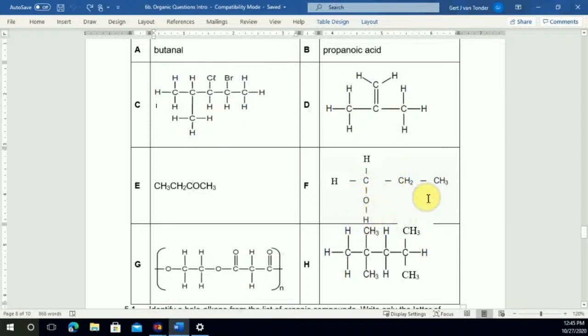5.3, write down the letter of the functional isomer of A. A is butanol, 4 carbons. I've shown you before the aldehyde, and there we go, the ketone, 1, 2, 4 carbons, so this is butan-2-one, that is butanol. Two different functional groups, but aldehydes and ketones, if they have the same number of carbons, are